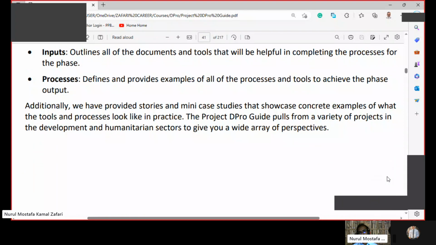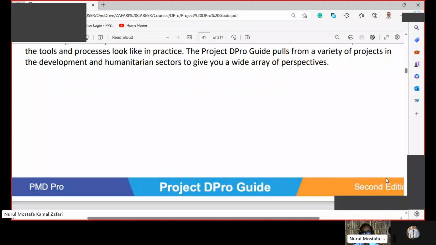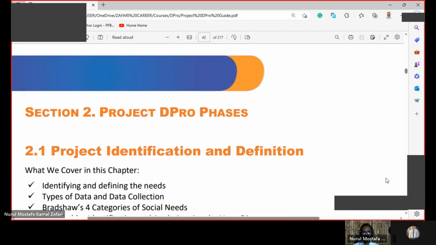So for all of us who will be sitting for the Project DPro certification, we need to read it. There are some stories and many case studies for all of us to understand each of the steps. Now,